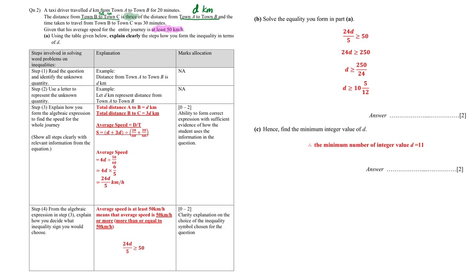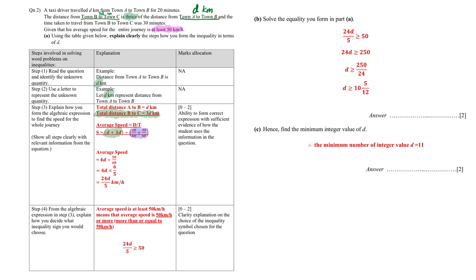This question already identified the unknown and let D represent it already. The next thing for us to do is, this one is important, you do need to indicate that the distance from B to C is 3D, and therefore the total distance is D plus 3D, and the total time